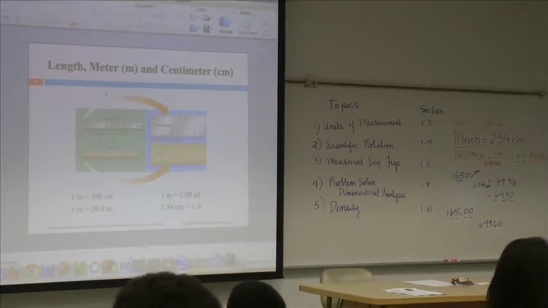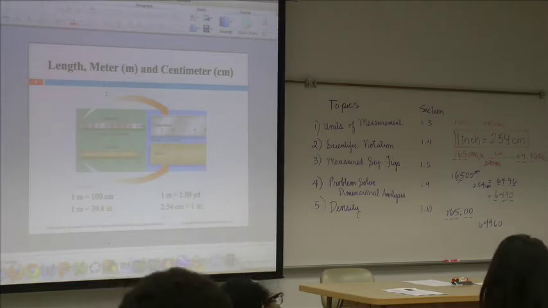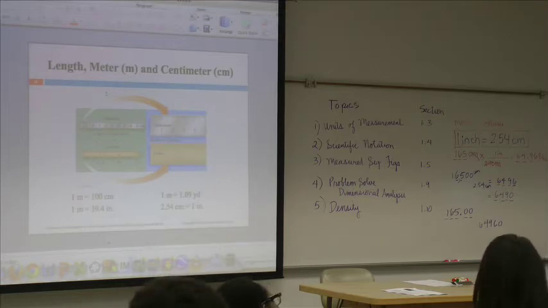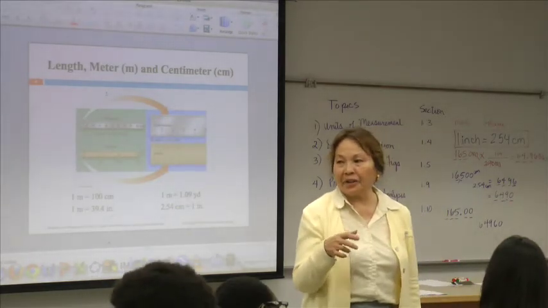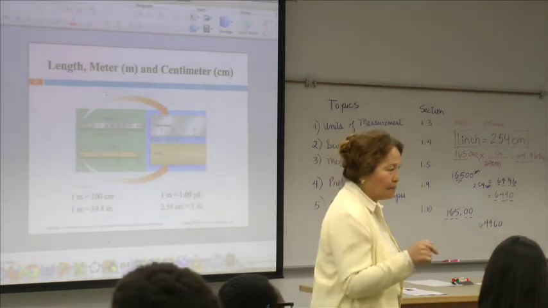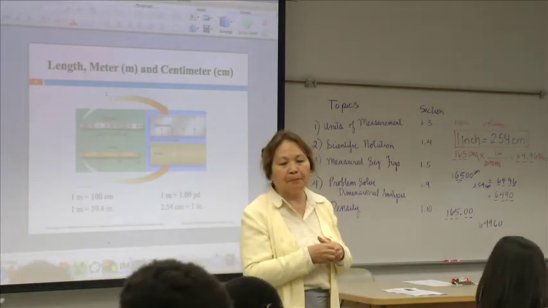So, what's the first rule? All non-zero numbers are significant, right? What's the second rule? A 0 is not significant... Okay. A 0 between non-zero digits. So as a group now, we have a problem in the handout, right? That had the significant figures. What number was that? 15. Okay. So take a look at number 15.